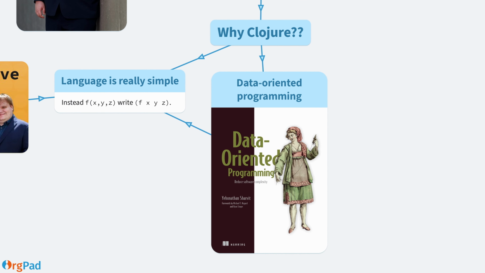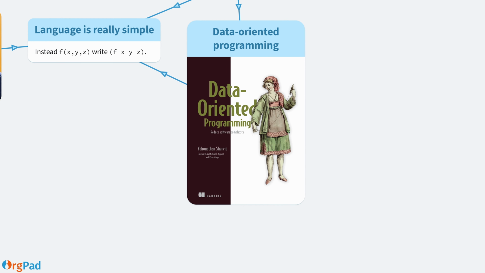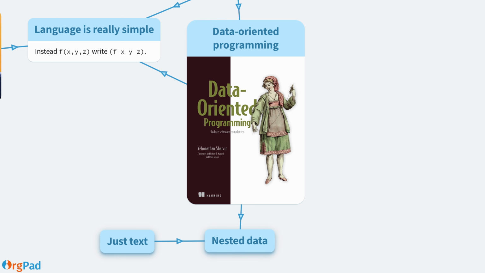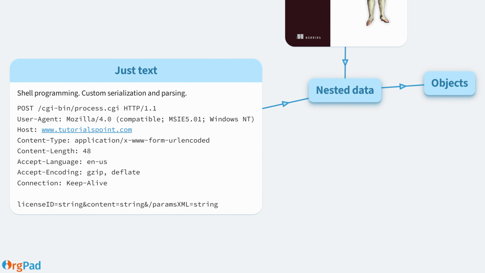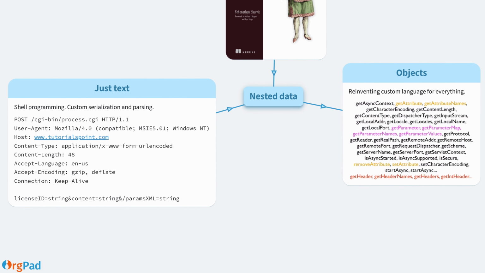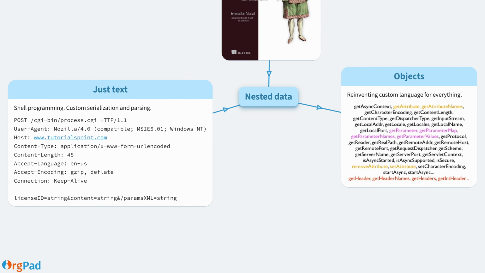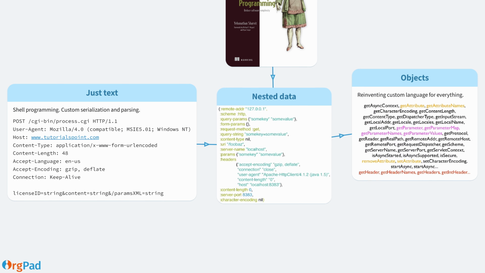Second, modeling your software with data structures is amazing. I see this as a spectrum from plain unstructured text to objects. Most of shell scripting happens on unstructured text, and every script has to deal with data parsing and serialization. On the other hand, objects introduce a custom language for every piece of data, which works differently and cannot be reused. The sweet spot in between are data structures, for example Clojure EDN or JSON.